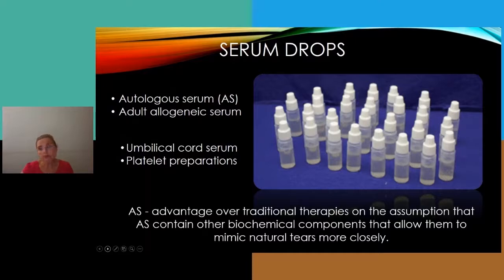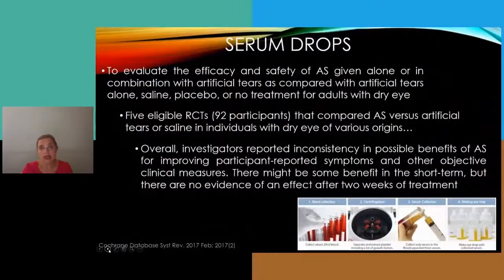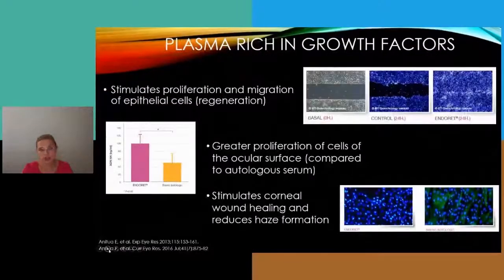So one of the best advantages of serum drops is that you can prepare them and you can basically use the biochemical components of the own blood of the patient. However, even in 2017, which is now already 5 years ago, we had some doubts that pure serum drops are having a very significant beneficial effect on the ocular surface. And this is a publication that was based on a systematic review, based on 95 different published works.